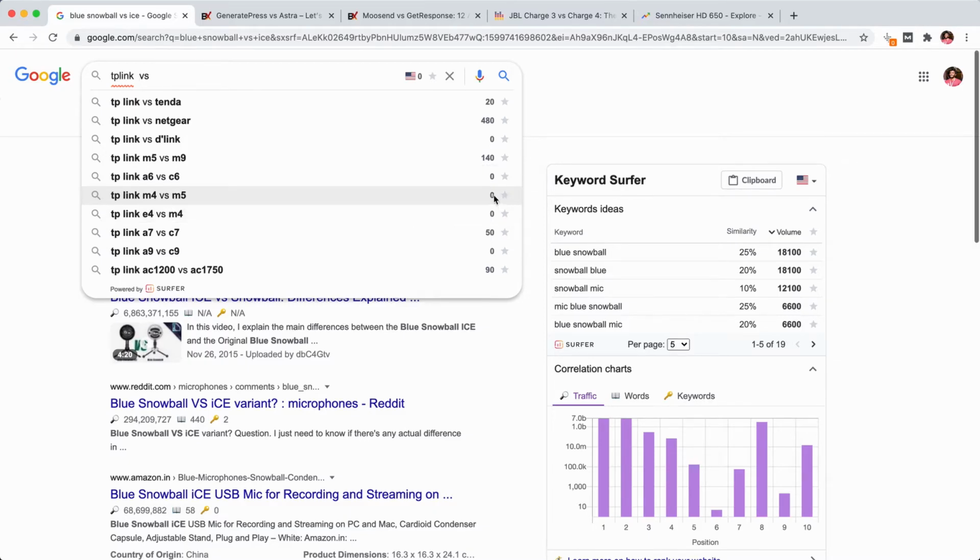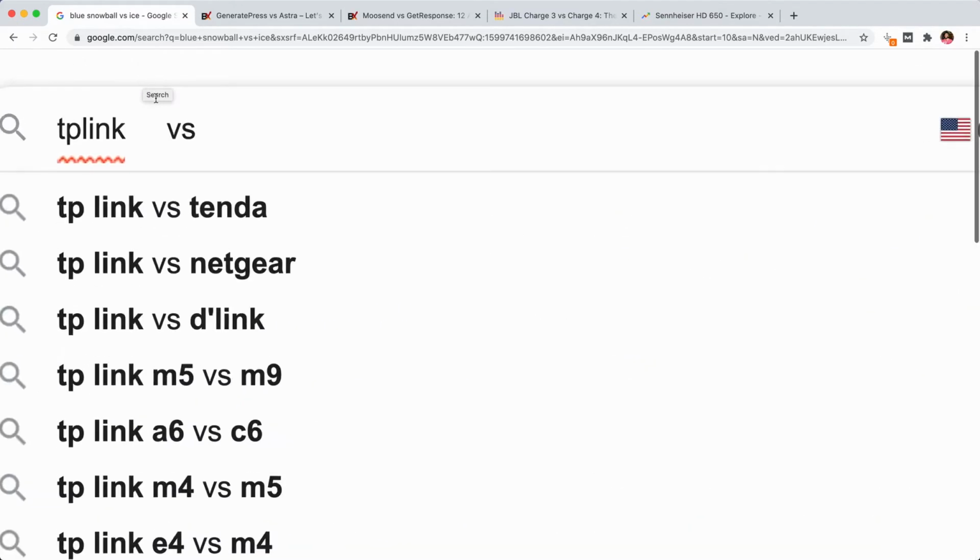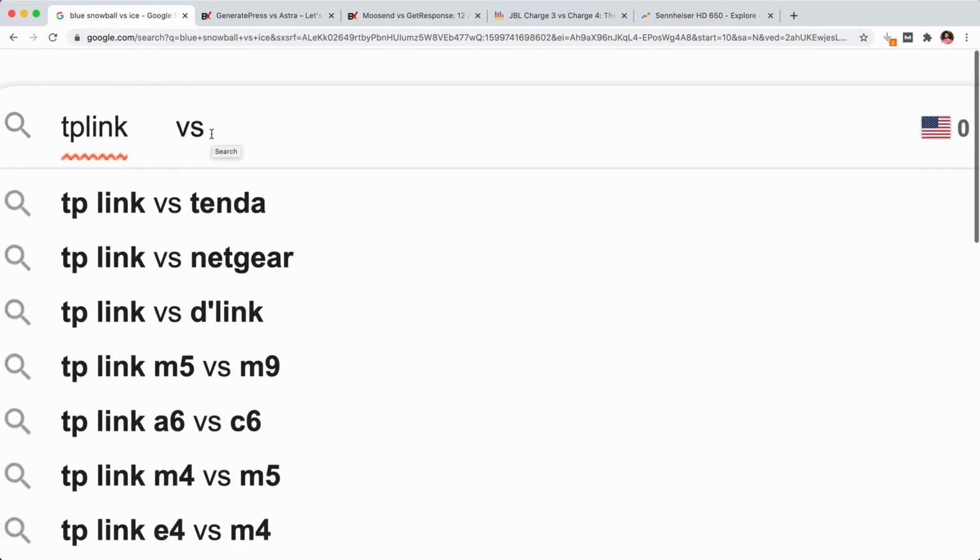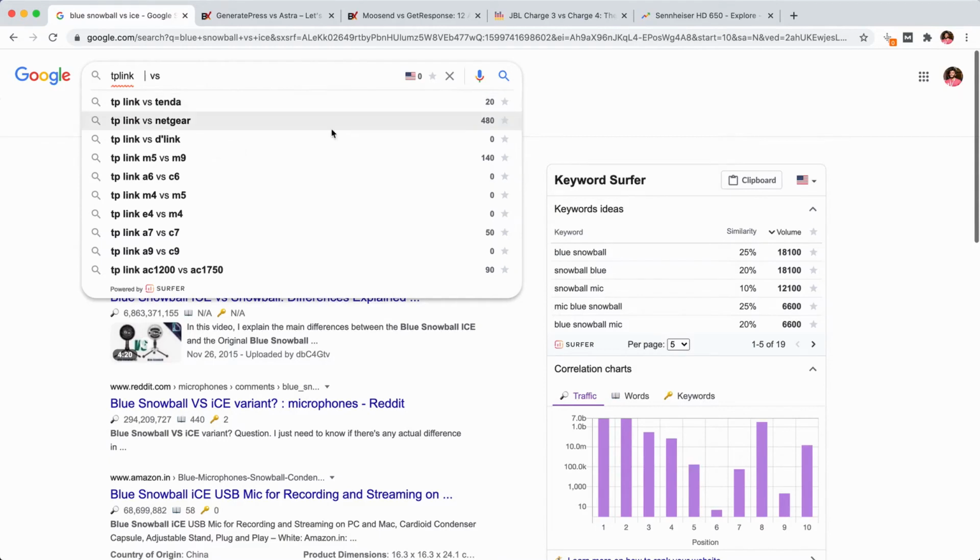Again, as I told you, these are historical volumes. These products may be released recently, okay? That's why these tools that rely on historical data may not be suggesting you the correct real-time volume. So like this, you can just make use of a wildcard keyword suggestion. You can enter in a space here, like fill in the blanks, and make Google recommend you the keywords.